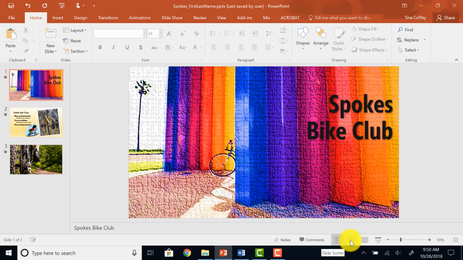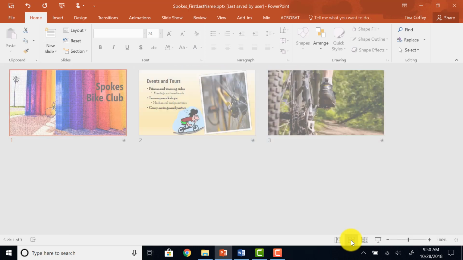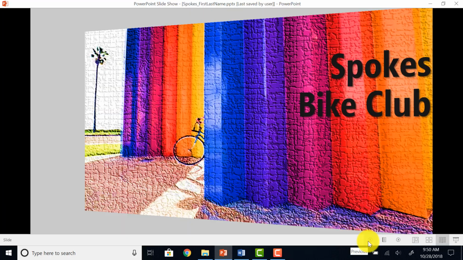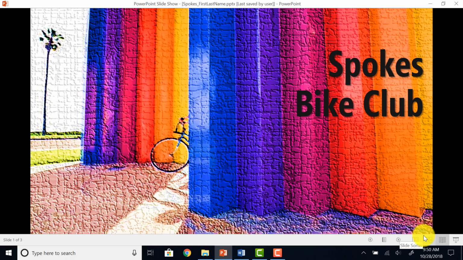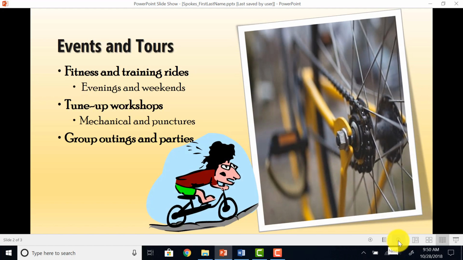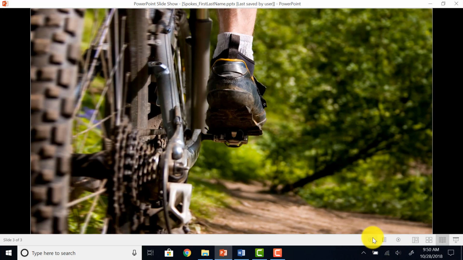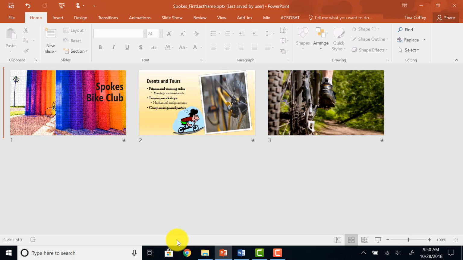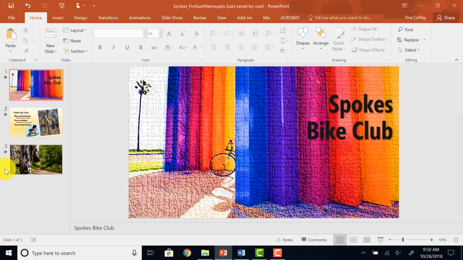To change views in a slideshow, you look down at the bottom, you're already in normal view. If you would like to view it in slide sorter view, it's this button right here. This allows you to see thumbnails of each of the slides in your presentation. Reading view allows you to display and look through the presentation, and each of these little buttons right here let you go forward and backwards through it. You can also end the slideshow. So reading is kind of like looking at it in what it would look like when you were actually using it. So finally, I'm going to switch back to normal view